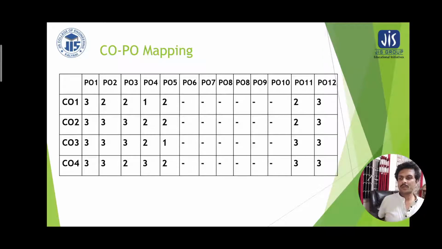Now the first course outcome, as we have gone through, it is the study of PN junction diode, ideal diode, diode models, its circuit analysis, its applications, as well as special diodes. The weightage has been given maximally to the program outcome 1 and program outcome 12. The program outcome 1 states that it applies the knowledge of mathematics, science and engineering fundamental and an engineering specialization to the solution of complex engineering problems.